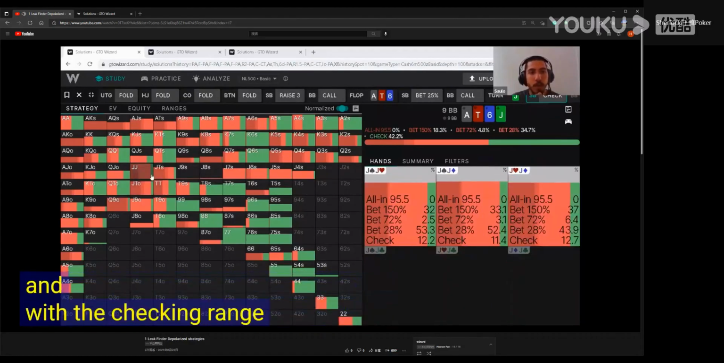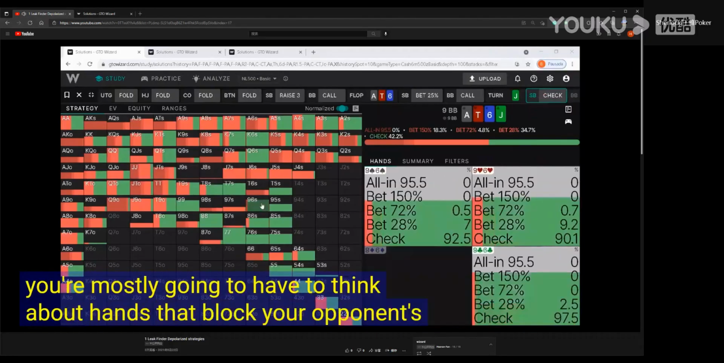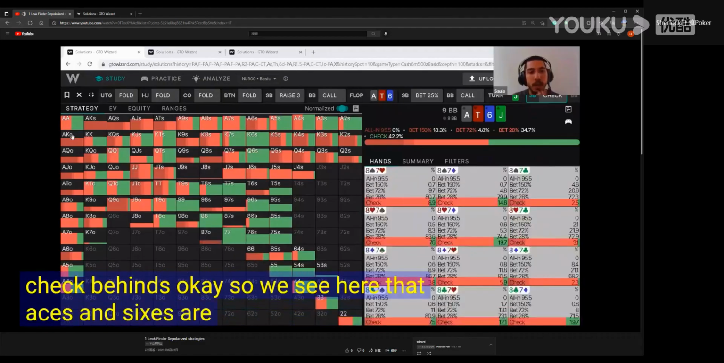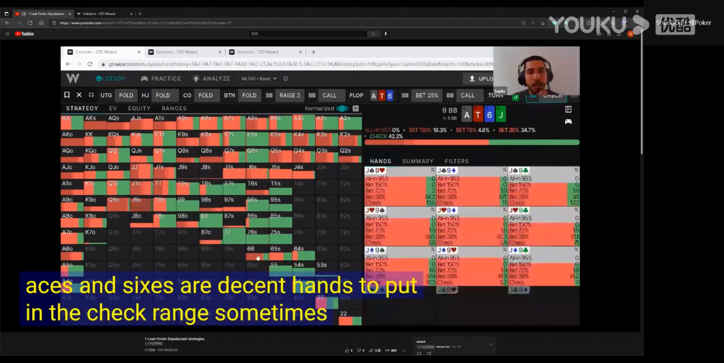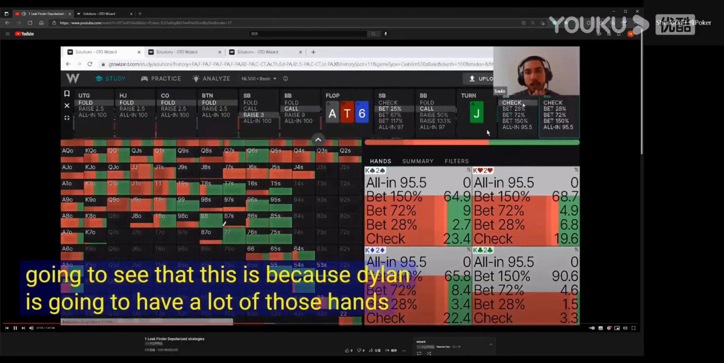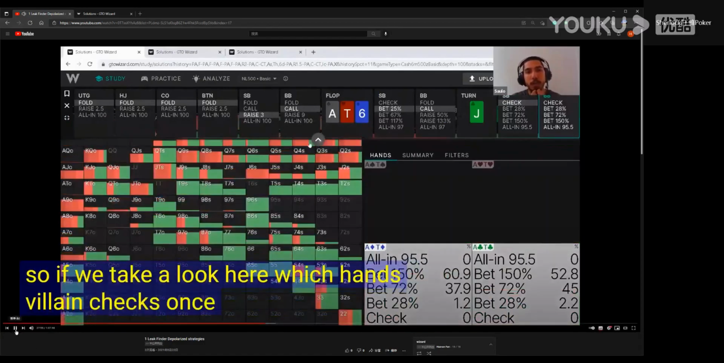And with the checking range, you're mostly going to have to think about hands that block your opponent's check behinds. Okay, so we see here that aces and sixes are decent hands to put in the check range sometimes, and you're going to see that this is because villain is going to have a lot of those hands in his check back range. So if we take a look here, which hands villain checks when